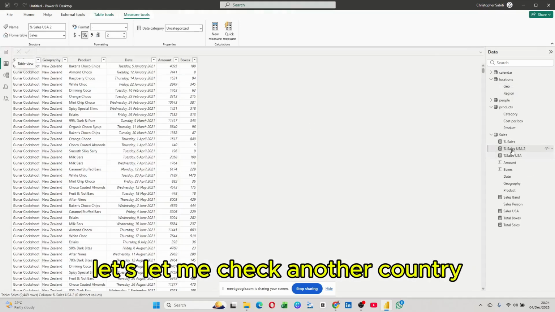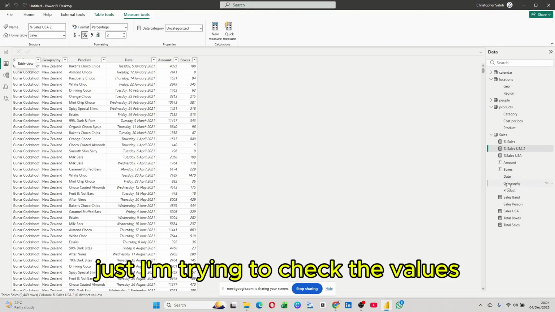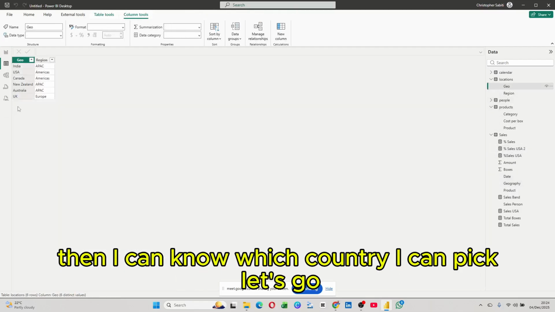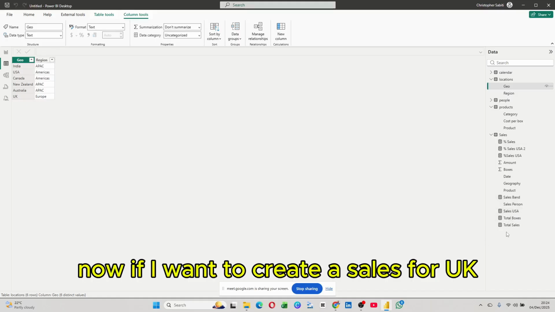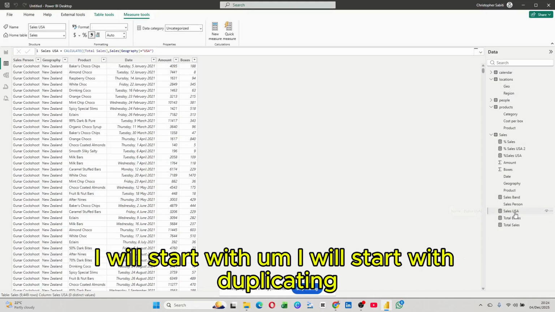Let me check another country. I'm trying to check the values, then I can know which country I can pick. Let's go, New Zealand. Okay, let me go for UK just because it is easier. Now, if I want to create a sales measure for UK, I will start with